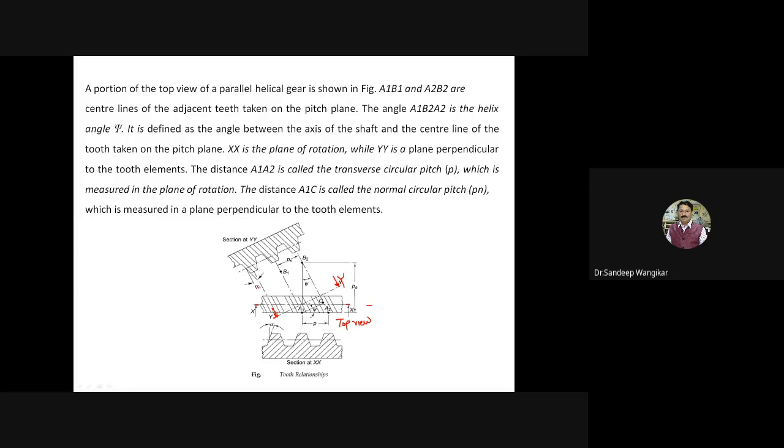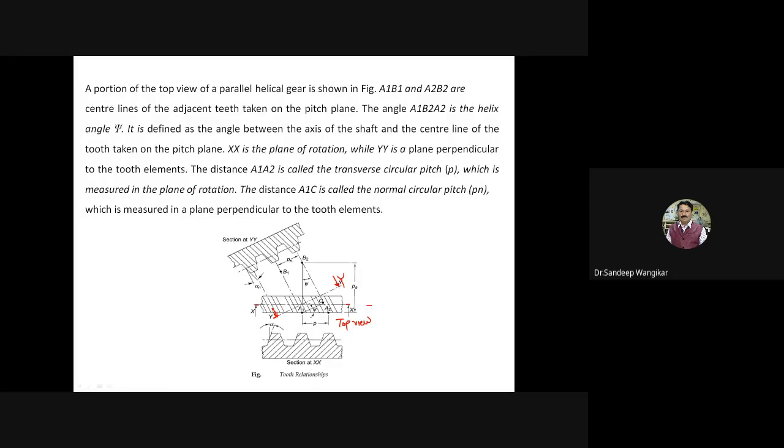So these are cut at normal. Therefore, we are using the term normal, and here transverse or circular. So here again P, pitch, and here Pn, normal. The word is normal, and here P. So these are some differences. So very basic thing, how this figure is cut, I have given you an idea. Now we will go into detail.